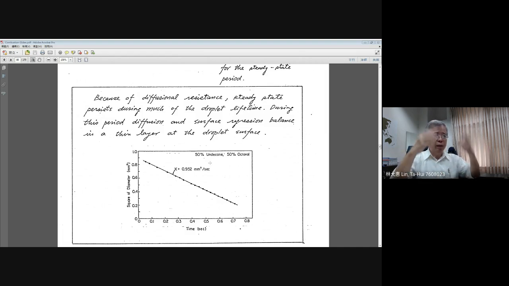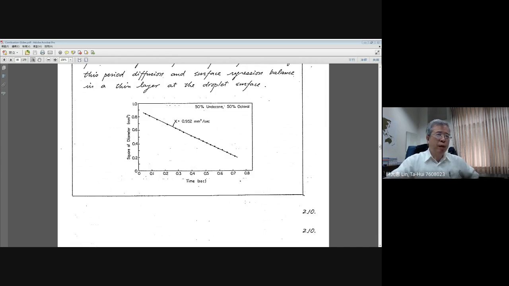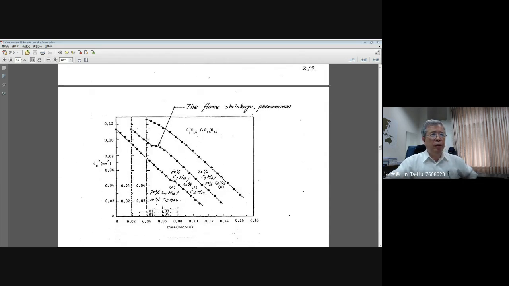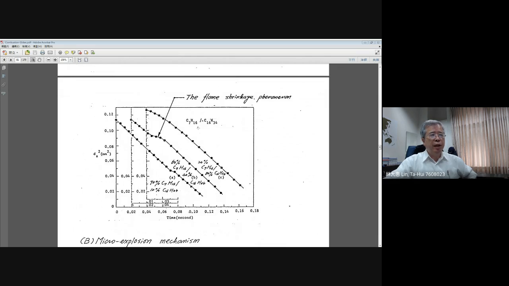Then when they mix it, you can find out, yeah, they follow the very nice d squared law, because the composition almost, in this case the boiling points are almost the same. If you look at the gasification, they look just like a pure substance. Then you can have a very nice d squared law linear curve. You can expect it. But when you change to do the experiment with large boiling point differences, there is